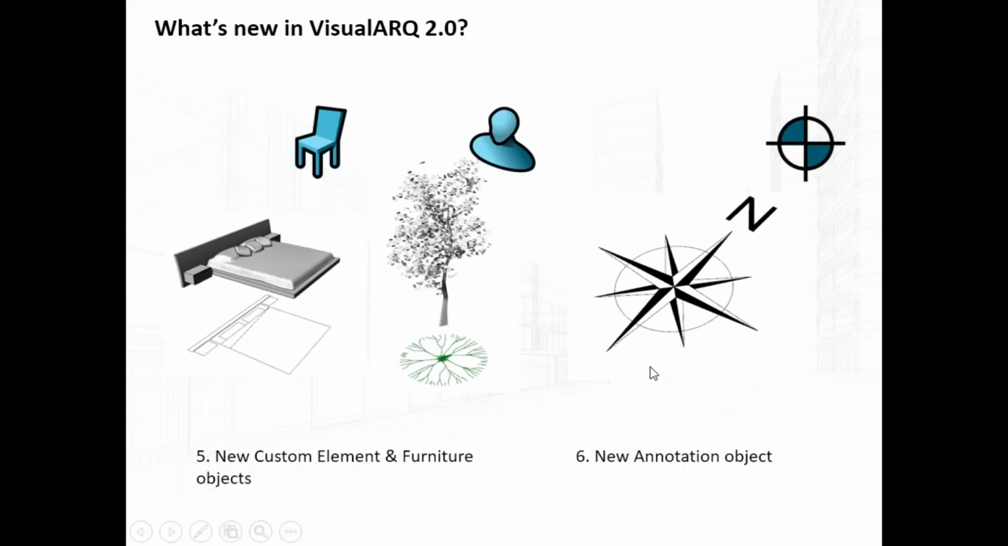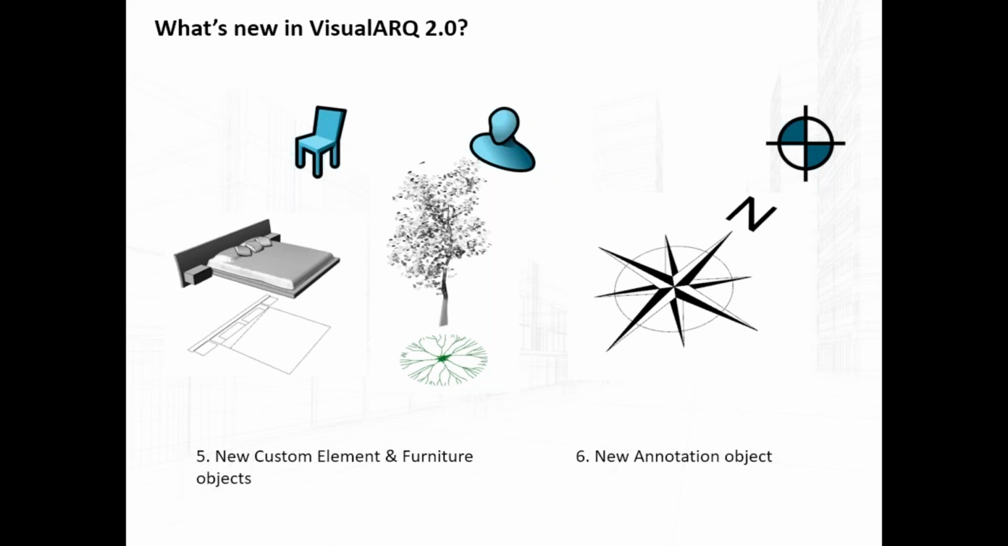We have added 3 more smart objects, which are the furniture, the element, and the annotation objects. The first one is aimed at furnishing elements. The second one is aimed at any other object that doesn't fit in the object types of the other VisualARQ objects. And finally, we have a documentation object aimed at 2D symbols. All of them can be created from Grasshopper, allowing also smart options and parametric options for creating